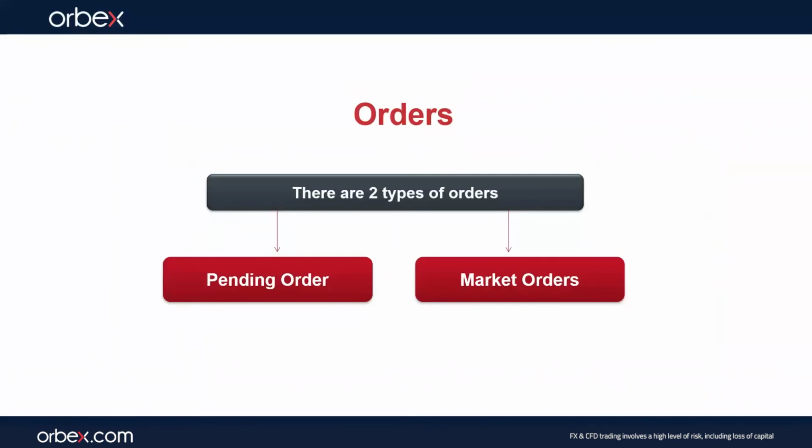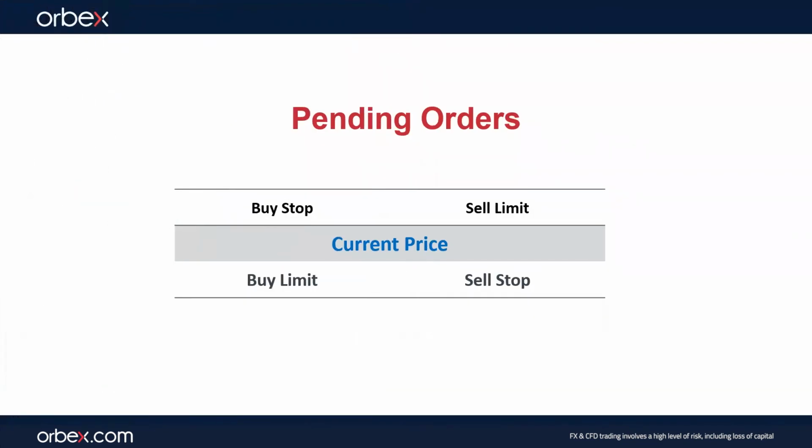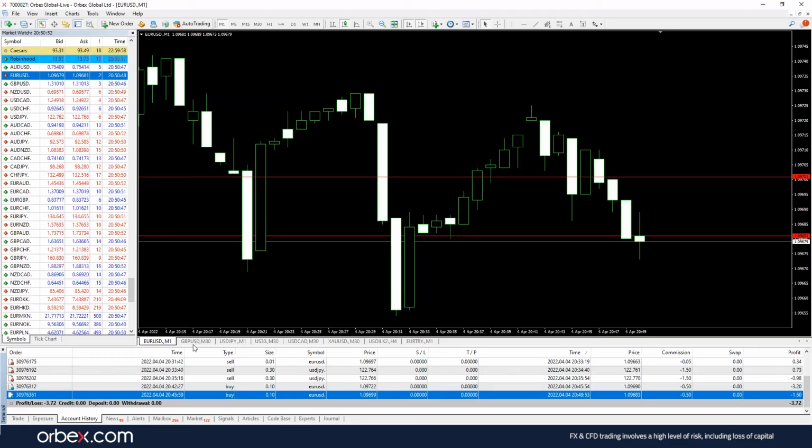the two types of pending orders as well, because what I want to show you is there's two types of orders: pending orders and market orders. Market orders are what we've been doing for the whole presentation, opening orders at the time. But pending orders are a different type of order. Pending orders are basically stops and limits. And what does this mean? Well, let's go back to our trusty